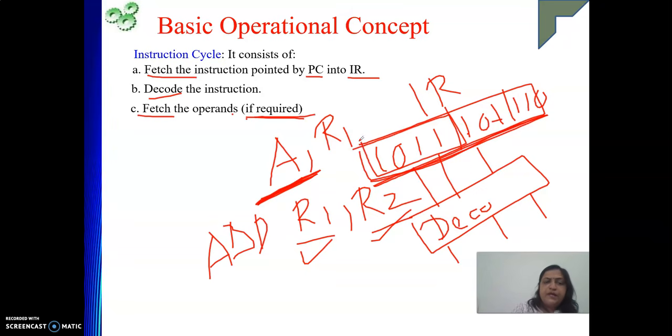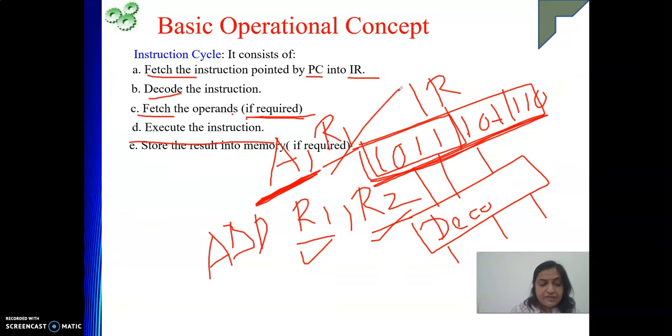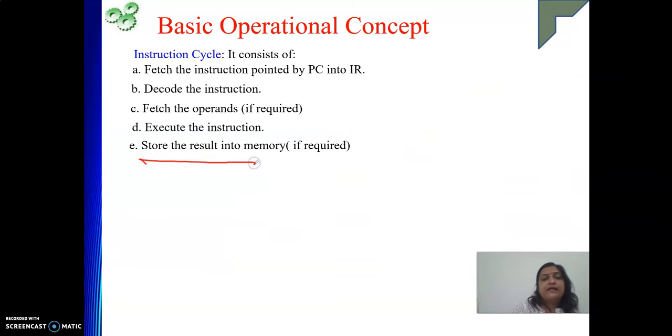Done? So now see, you know what you have to perform. The operation code is known to you. You know where your operand is, meaning your operands are there with you. Now what will you do? You will execute the instruction. Now you are ready to do it, right? Because whatever is required to execute the instruction is available. What you need to do, with whom you need to do it, everything is there. So next is execute the instruction. You'll perform whatever is asked: addition, subtraction, multiplication, whatever it is. Then after doing the operation, you will store the result in a register or sometimes back in the memory. So what is written? Store the result into memory.